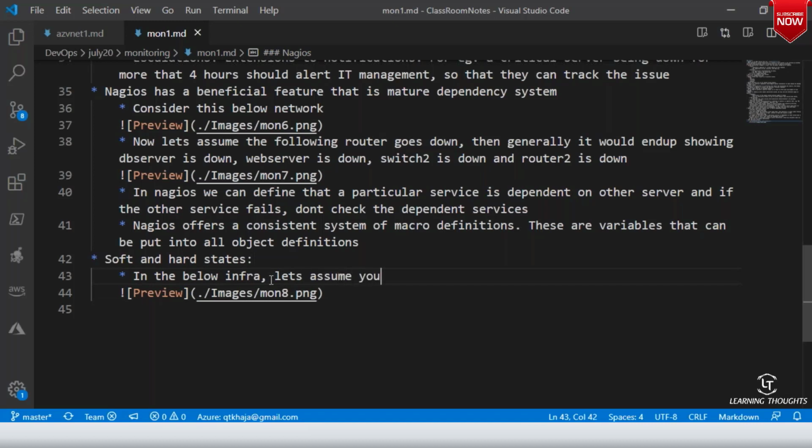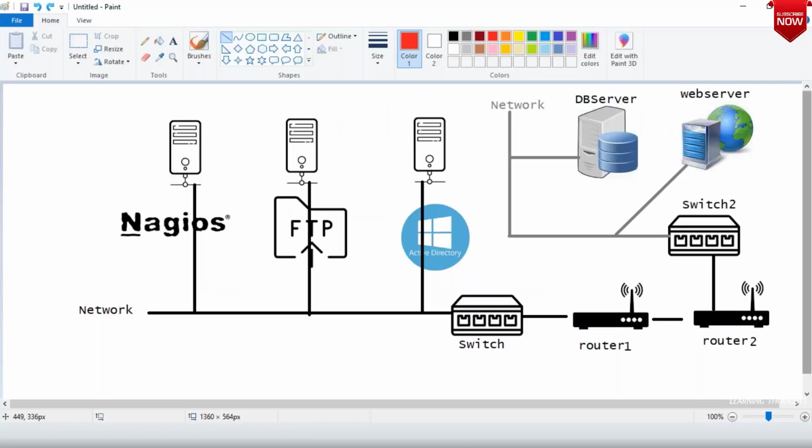Let's assume you want to restart the web server. When you restart the web server, your web server will be down. Yes or no? Let us assume the restart takes 5 minutes. Actually, let us not take 5 minutes, let us say it takes 1 minute. For that 1 minute, we know that our server will be down.